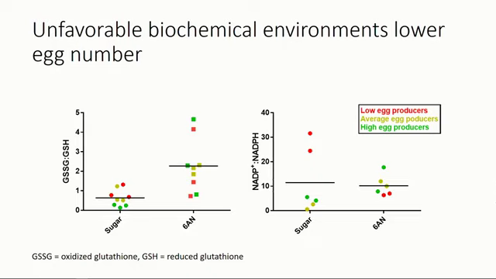Secondly, we then looked at NADPH levels versus NADP. And what we find is that egg layers that produce a low amount of eggs have unfavorable ratios of this. So they have high amounts of NADP versus NADPH. And with 6-AN, this doesn't tell the complete story because when you look at these individually, you see that they're just below our baseline measurements. So 6-AN has almost completely repressed the production of NADP and also NADPH. So this may be due to metabolic collapse. We're not quite sure yet on that.